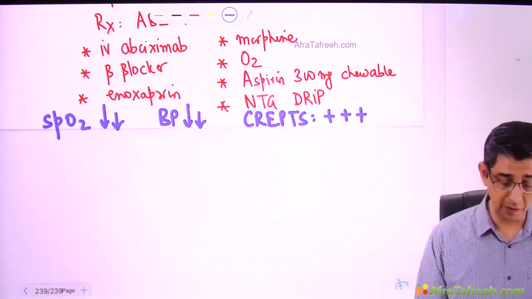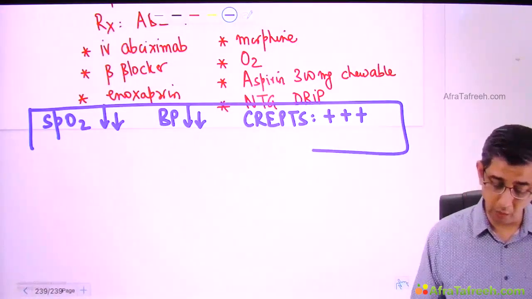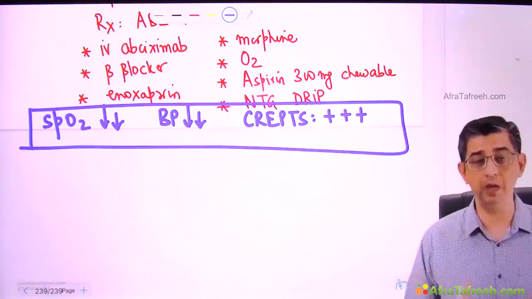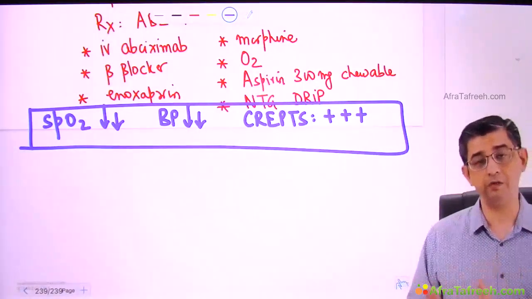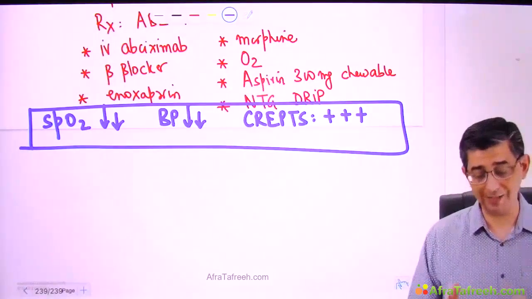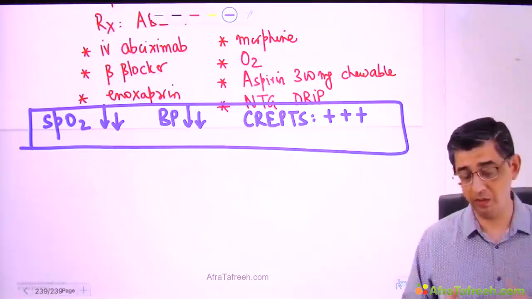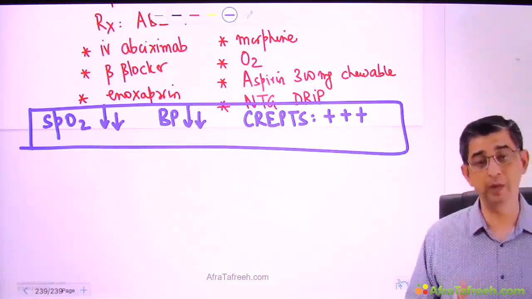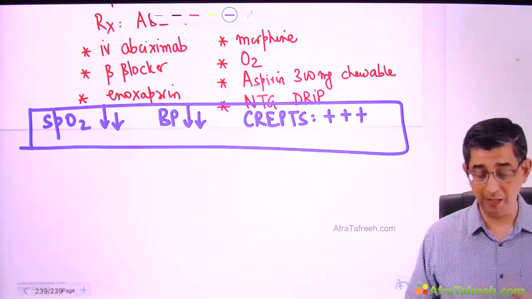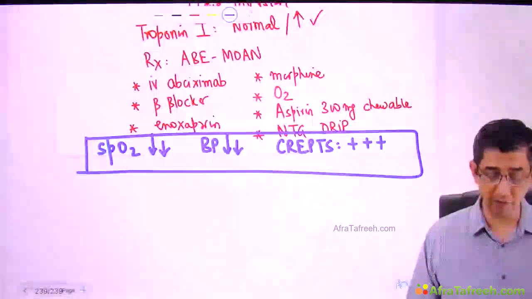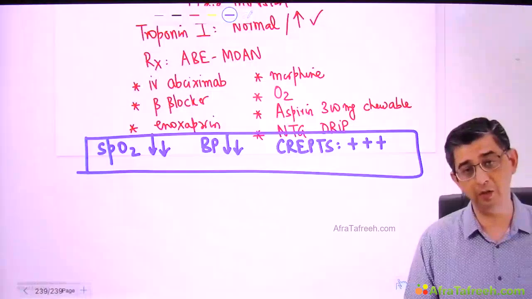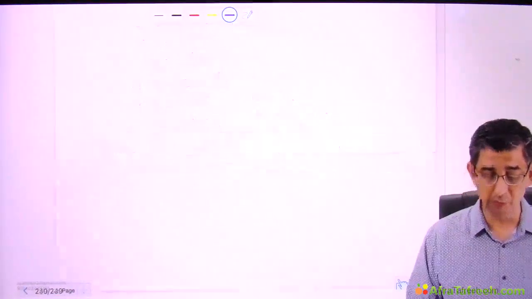So if a person is not showing improvement, how do I know? I'll look at parameters like SpO2, blood pressure value, crepitations. As compared to the admission value, if all these parameters have improved, good, my person is responding to my treatment. But at the moment, let me say I have created a bad scenario for you: the person is not responding to treatment. In those circumstances, what will you do?